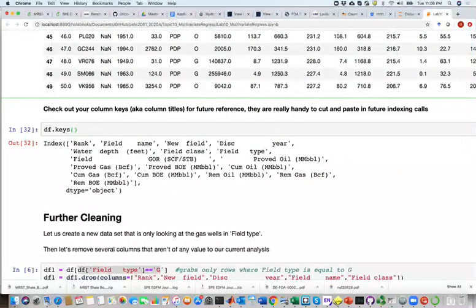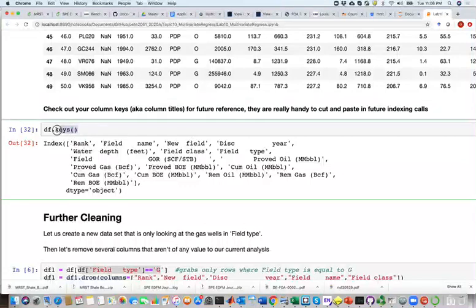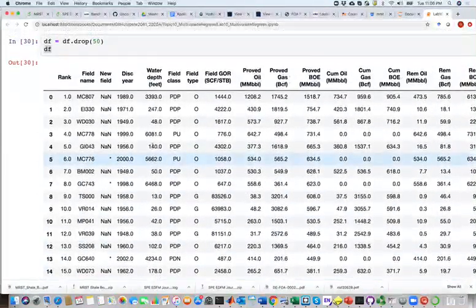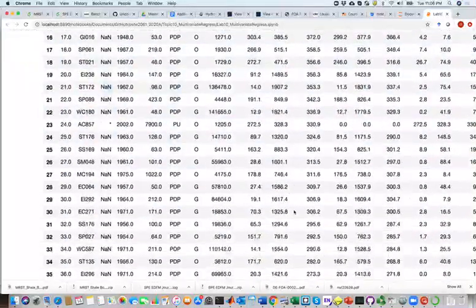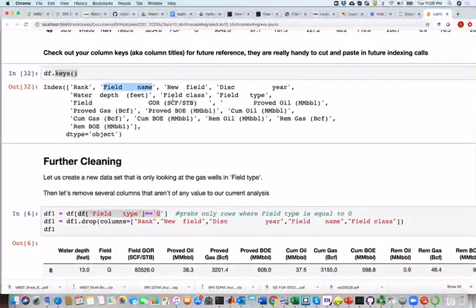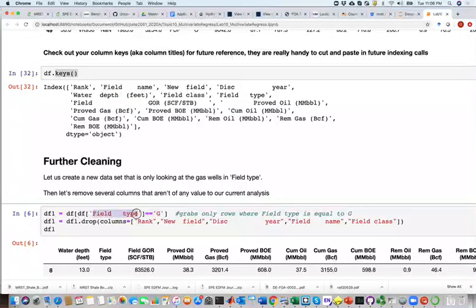To easily access the different columns, we can grab all the column headings by using the keys function. The keys function just grabs the column names which we saw at the top of these data sets. So grab all of these and display them so we can start copying and pasting these to grab whatever part we want. So if we want field type,